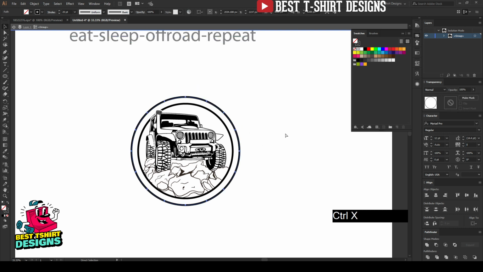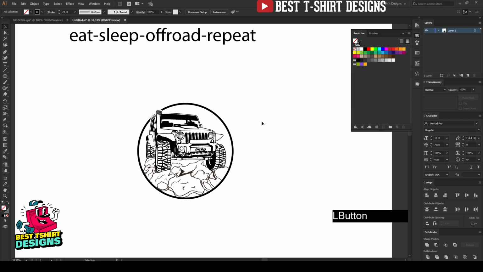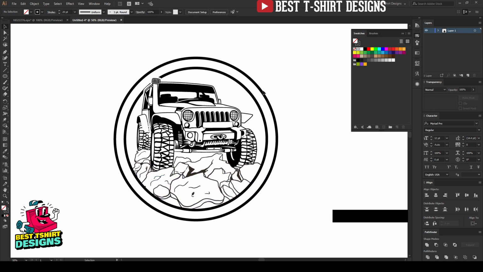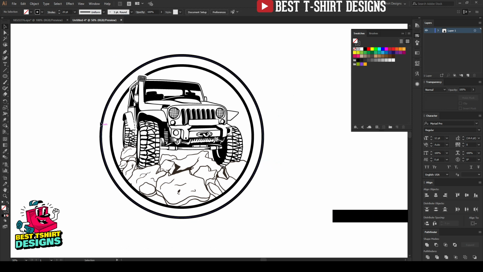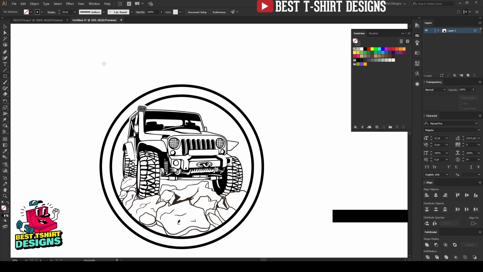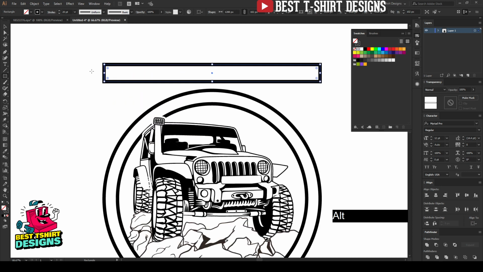Let's select this one and Ctrl X to cut. I am inside the group. You can see here, if I right click and exit isolation mode, I am out of the group. Let's press Ctrl F. So Ctrl F will paste this ellipse here outside of the group. So that is fine. Now I am going to place all the brushes on this ellipse, and for that I need to make my brushes first. So I'm going to take the same width as this ellipse here. You can see with my smart guides, that is fine.